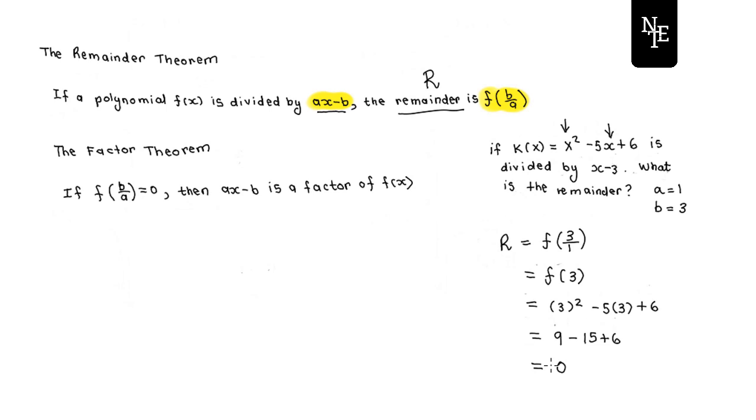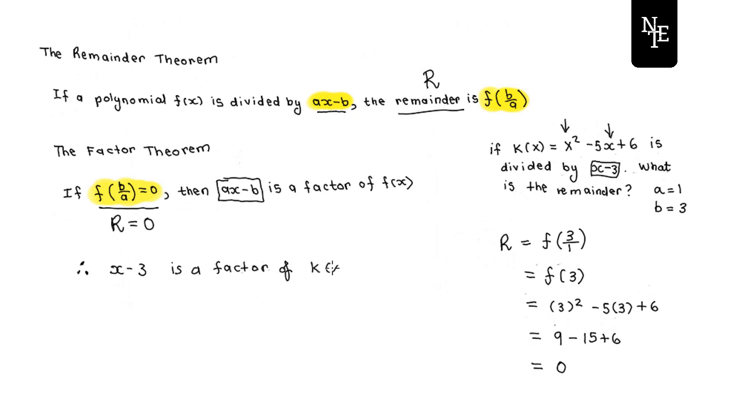So then comes in the factor theorem. The factor theorem says if this f of b over a gives a result of 0, like what we just saw right now, in other words, if the remainder equals 0, then that original polynomial that you divided by is a factor of your function f of x. So in our case, what we saw is that the remainder is equal to 0. Therefore, you can conclude that this polynomial that we divided by, x minus 3, is a factor